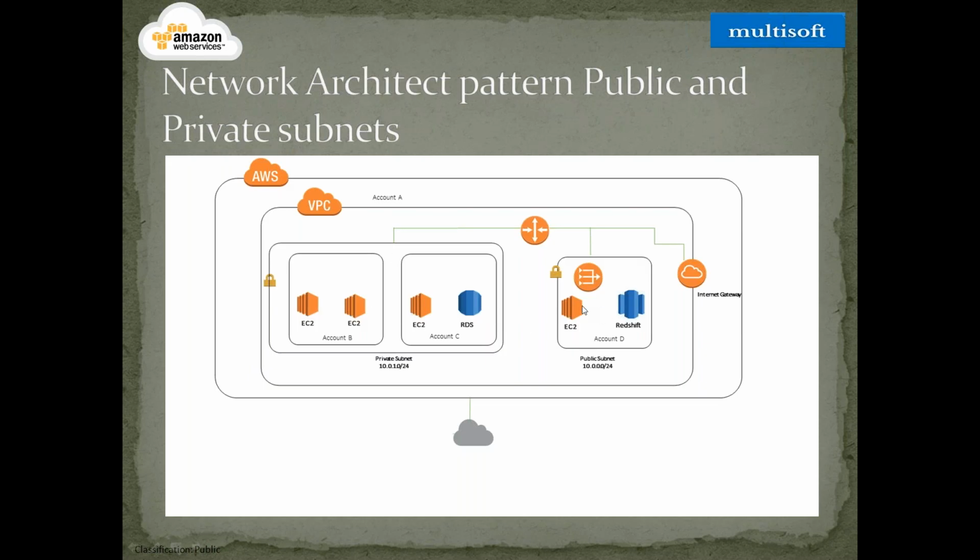So for example, this EC2 machine wants to connect to this RDS machine, there is no public IP address because it is in the private subnet. It will have only one kind of IP address, which I'll show you in the AWS console when we do the demo in the next few minutes. So the communication between these two services uses private IP addresses.